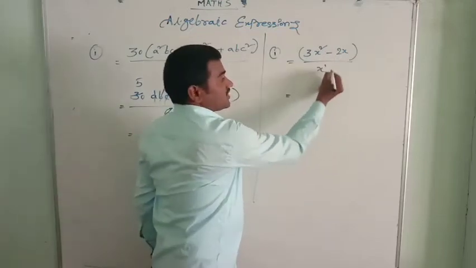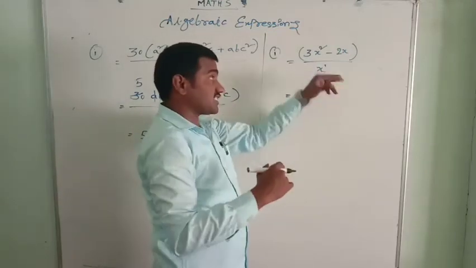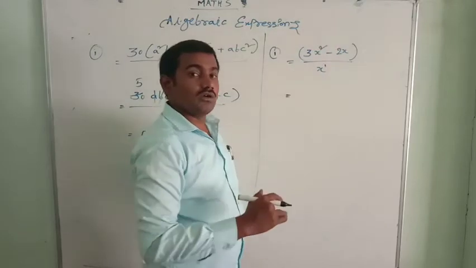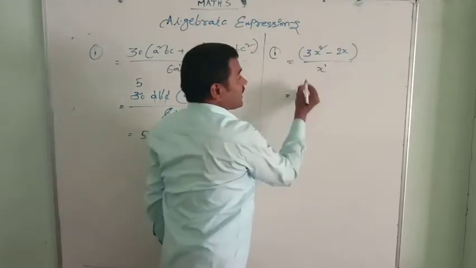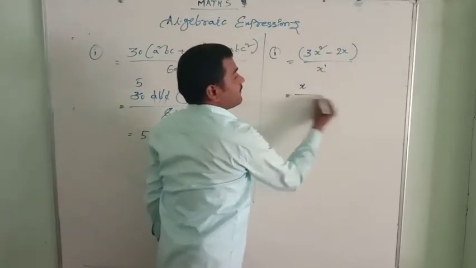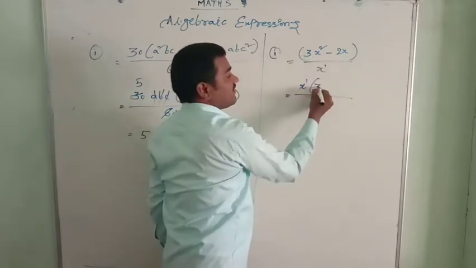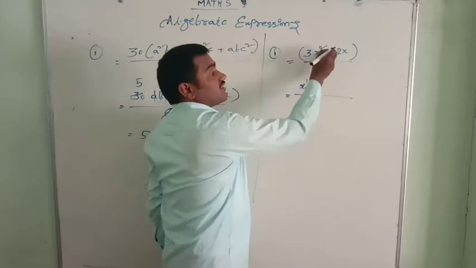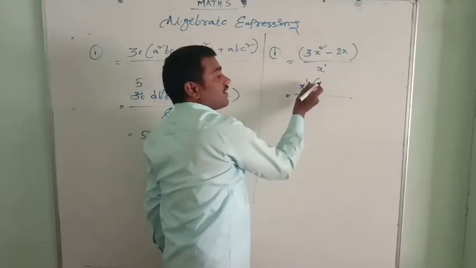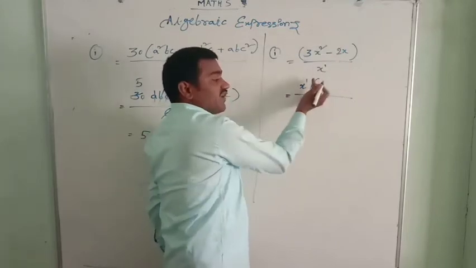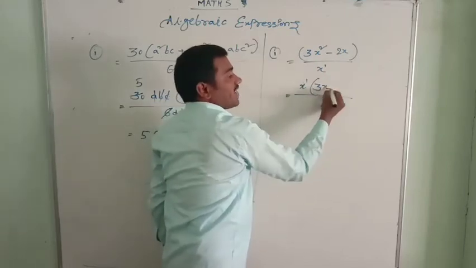So we can take out this x, we need to cancel. That means with this x we have to divide this. So that's what we do. We have to take out a common x to the power of 1 from this. So what is left here? Here 3 will be left over. From x to the power of 2, we have taken x to the power of 1, that means 1x we have taken common. One more x will be left here.